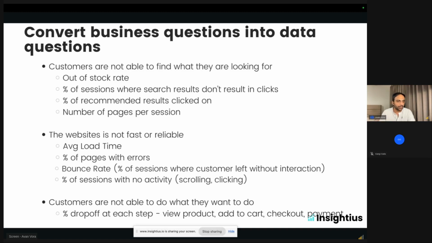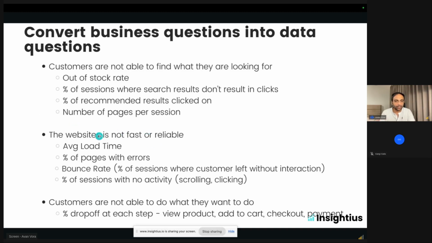Do you navigate the website or you leave? Just exit, right? Yeah, you exit the website. You're looking for whatever iPhone is not there on the website. You just look at some competitor website, right? That means that the number of pages you navigated in that session is extremely low. You just saw one page, you didn't find it, you went, right? So you track that metric, number of pages per session.